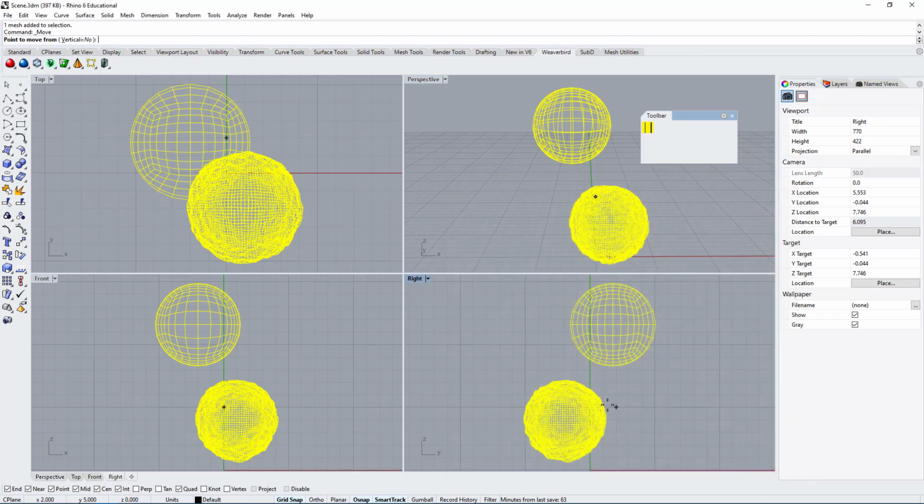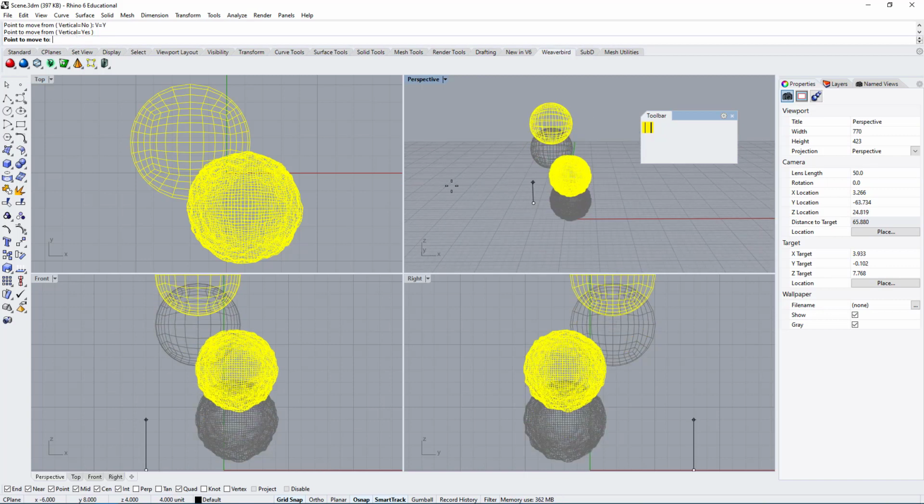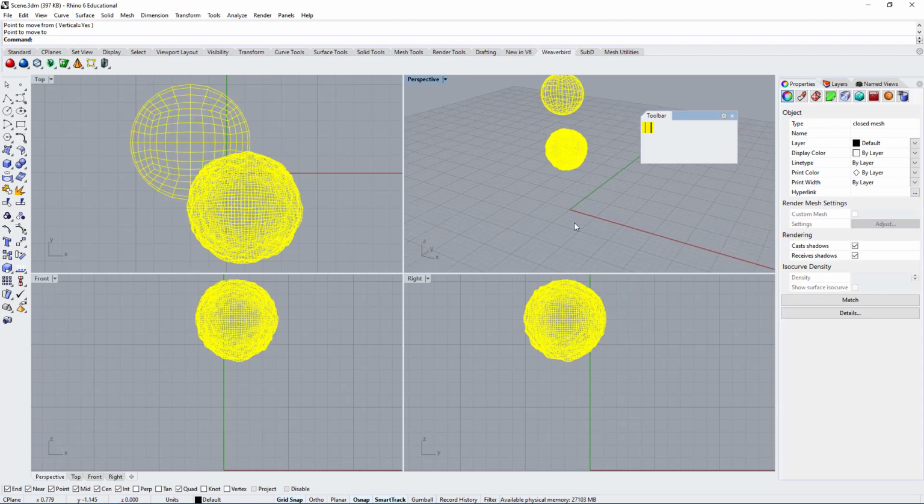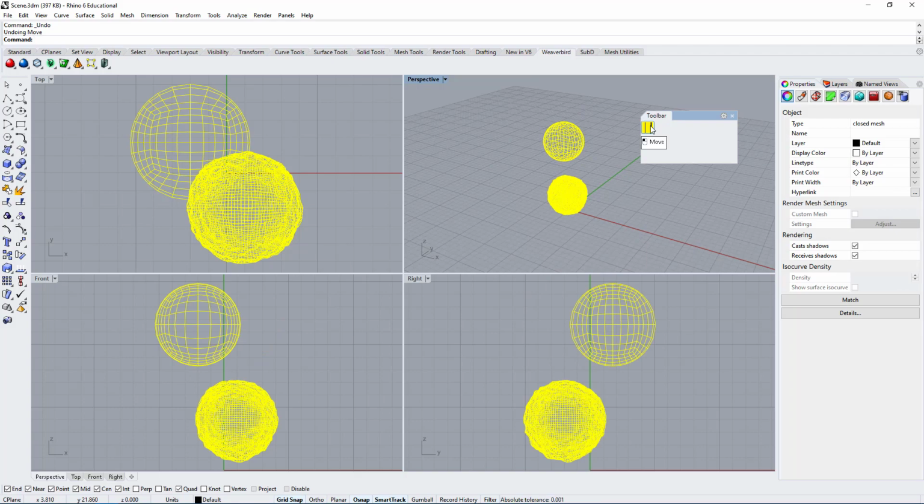Let's press OK. Now let's check the result. You can see because I changed the name of the tooltip, now the name comes up as move. So if I click here, now it says move, v equal yes, and you can see the setting has been changed to yes. So now I can move it from point A to point B, right? I can click and it goes straight up. So that's essentially how you create a command.